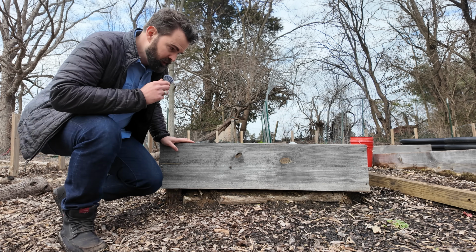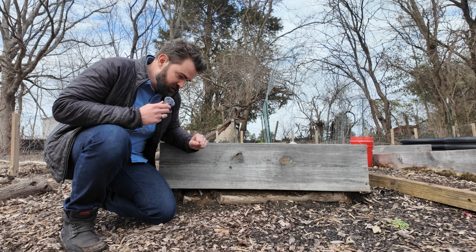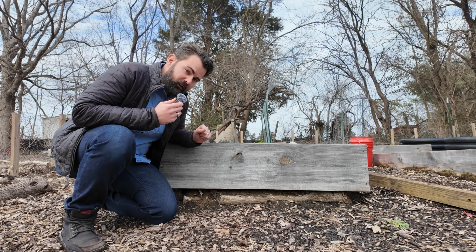What are you going to be moving through the area? Your garden cart, your wheelbarrow, having space to set down buckets. Think about the distance between your beds. And now for the biggest mistake that I think I made in this garden would be properly leveling out your